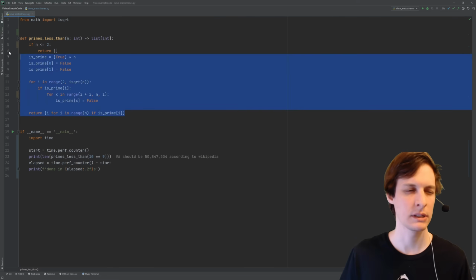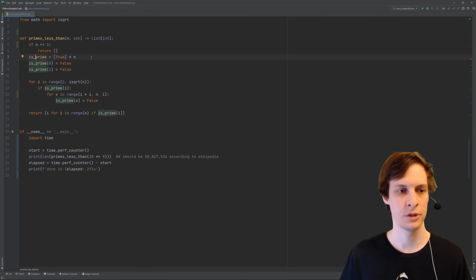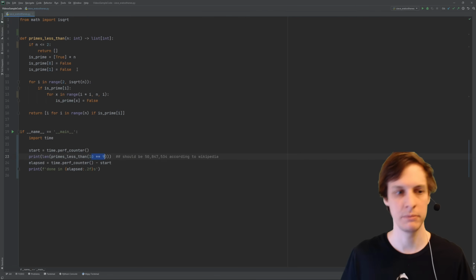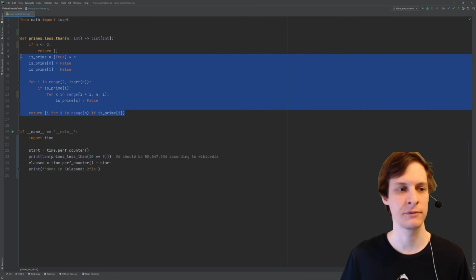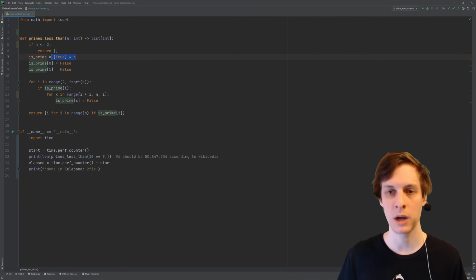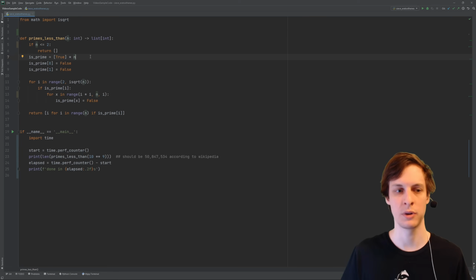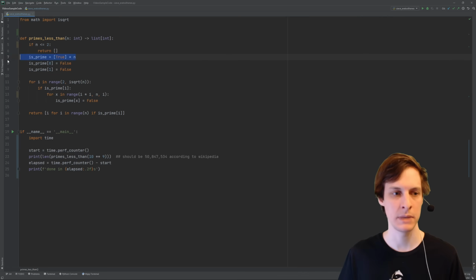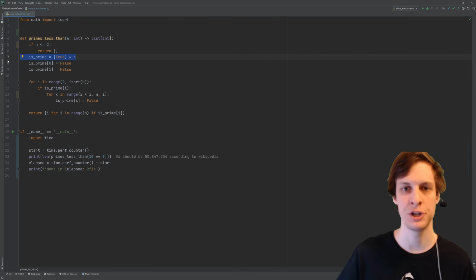Basically, I'll use something similar to this algorithm, but I'll do it in chunks. So I'll look at a big chunk of numbers, not 10 to the 9 big, but maybe 1 million or something like that. And then I'll do something like this for those million numbers. And then since most of the numbers are not going to be prime, I'm not going to have this huge array that's stored in memory. I'm just going to be storing the prime numbers, and I only need to make this segment, which stores all the numbers, big enough to fit however many I want to check at a time.